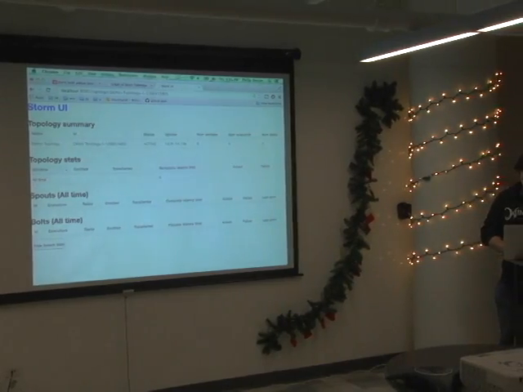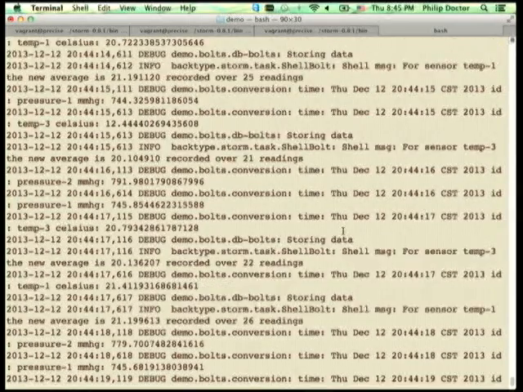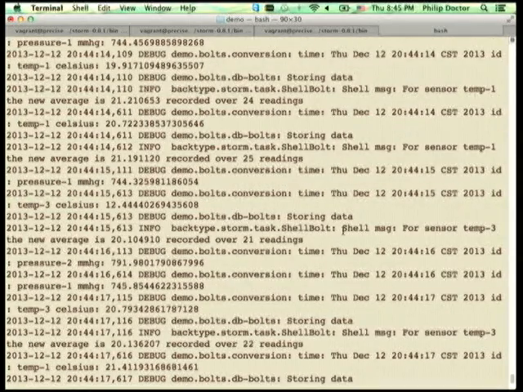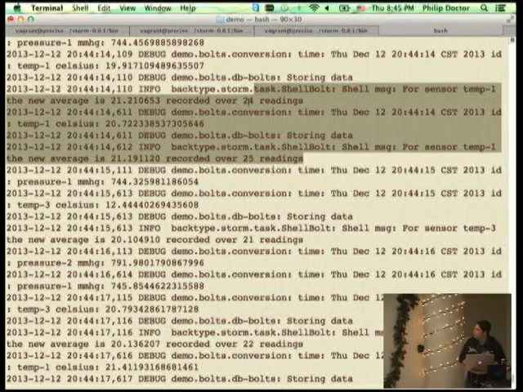So the last thing I'm going to show you is, hopefully this terminal got enough data that I could show you an interesting running average, just to show you that it actually worked and I wasn't lying. Oh, here we go, new average. Okay, this is like proof by induction, so feel free to ridicule me. For sensor temperature 1, the new average is 21 degrees recorded over 24 readings.